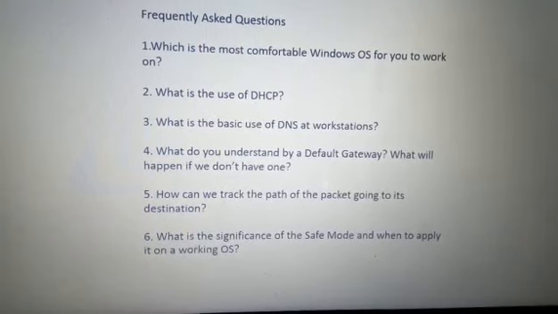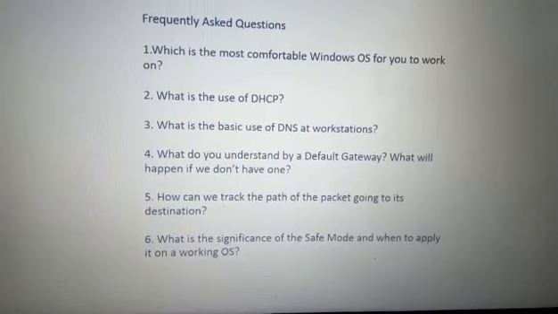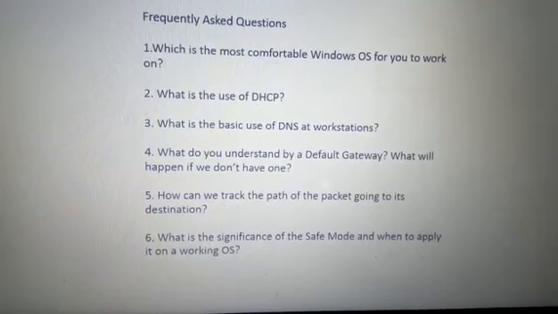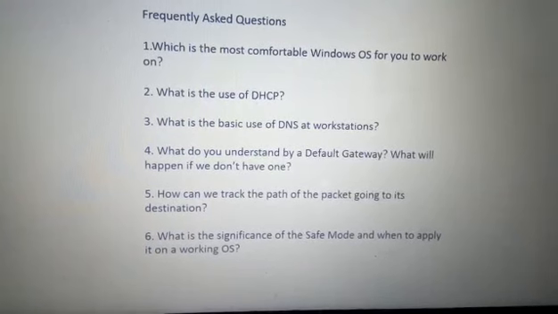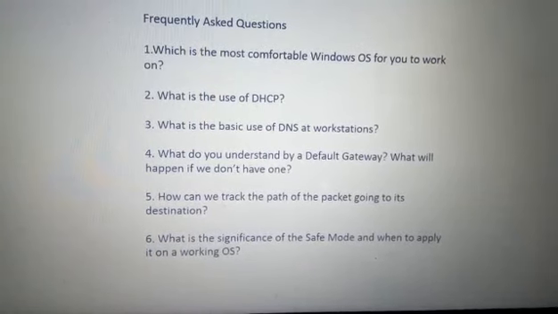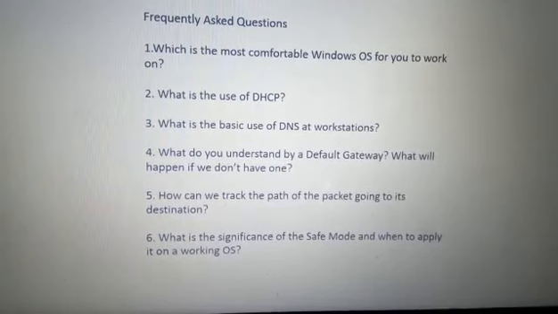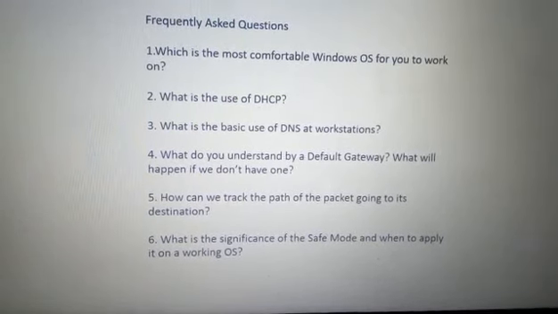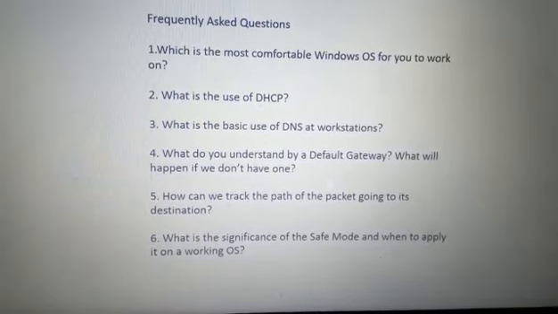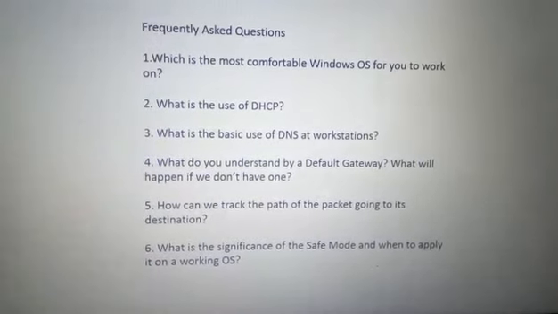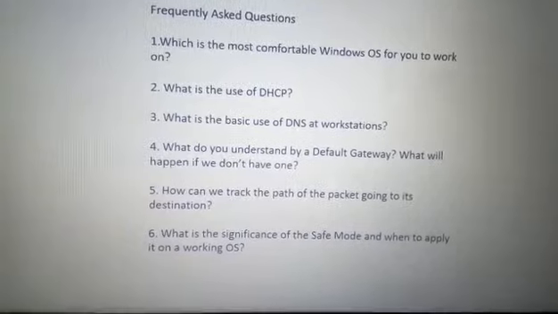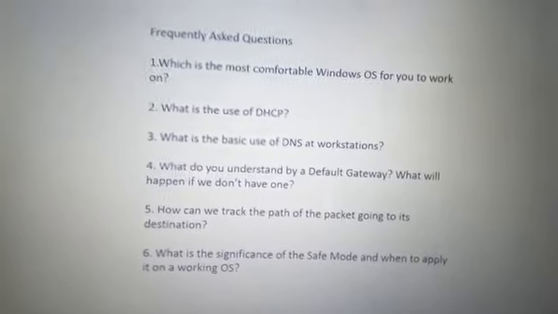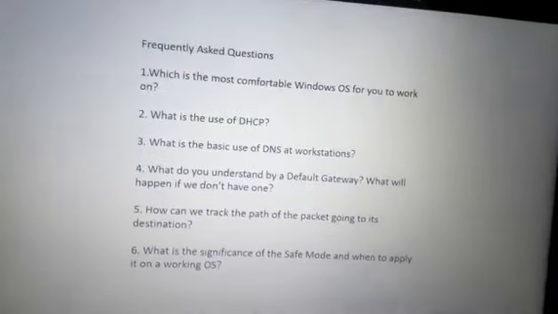The second question is about DHCP. DHCP is Dynamic Host Configuration Protocol. So this we need to know. If they ask in depth about DHCP, we should be in a position to answer the question. The third question is, what's the basic use of DNS and workstation. So definitely DNS and DHCP are the major questions which will be covered in most of the interviews. The fourth question covers what do you understand